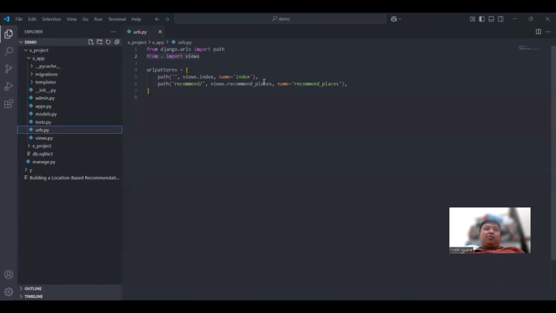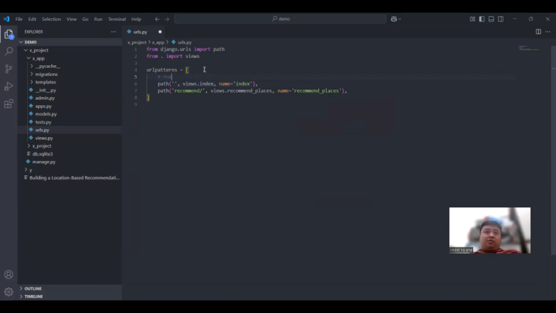So this is the XApp URLs, which handles the routing for the index or the home page. So this is for the home page, and this is for the submit. Okay, so when the web page hits the blank search bar, it will go inside the index,